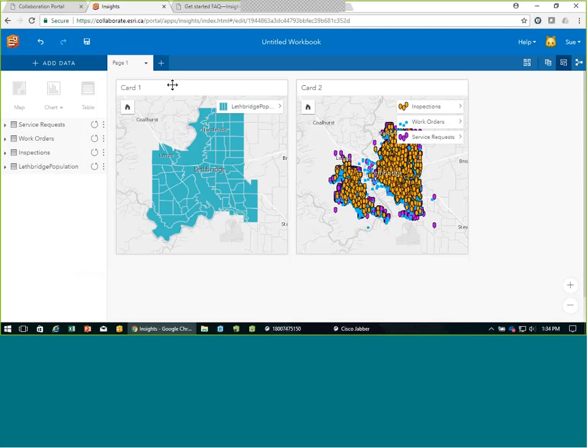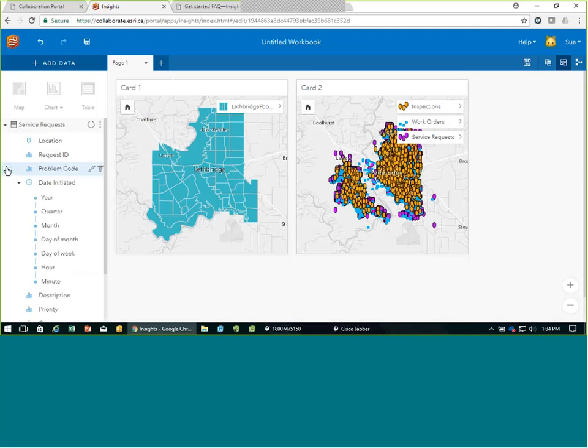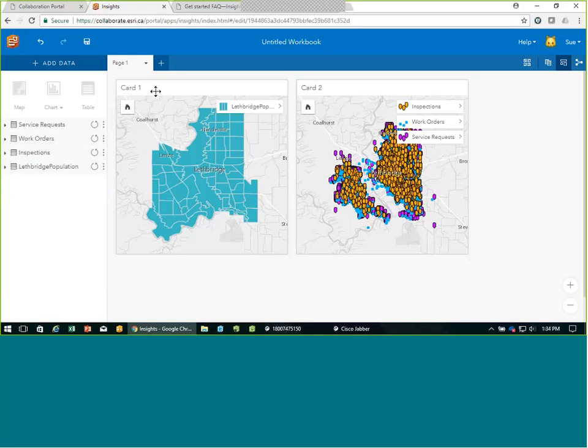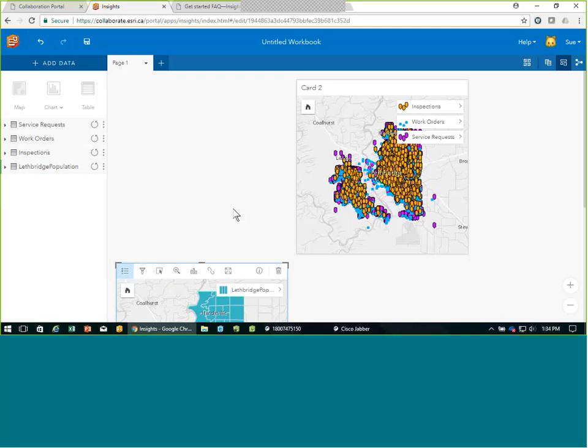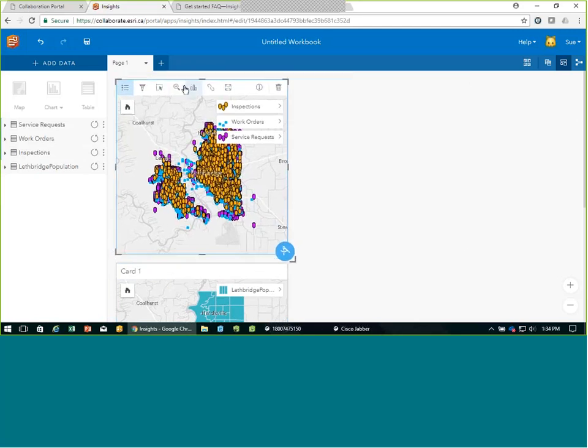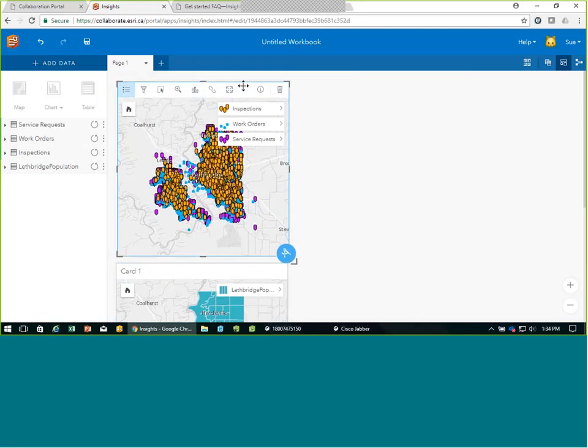So by default, just because I've added some spatial data sets, we can see that they've created map cards, but I'll show you some other options in just a moment. I also have a contents layer where I can expand my different data sets I'm working with. I can see all the attributes that are available to me, and we're just going to rearrange our cards a little bit. It's a little bit of a different experience than, say, working in a map viewer, but